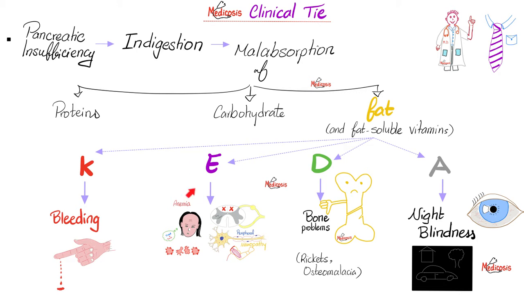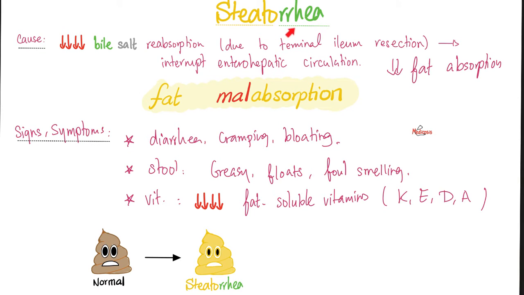Vitamin E deficiency will cause anemia, anisocytosis, and nerve problems. Vitamin D deficiency, bone problems. Vitamin A deficiency, vision problems. When you are unable to absorb fat or fat-soluble vitamin, we call this steatorrhea, because you have tons of fat in the stool, and your stool will be described as greasy, oily, foul-smelling, and floats on the surface of water